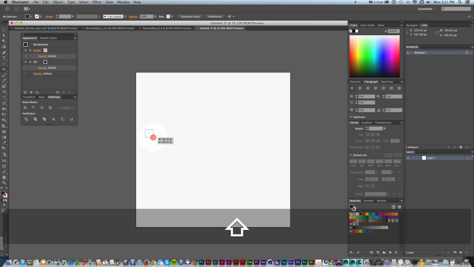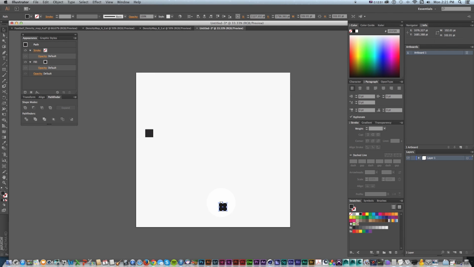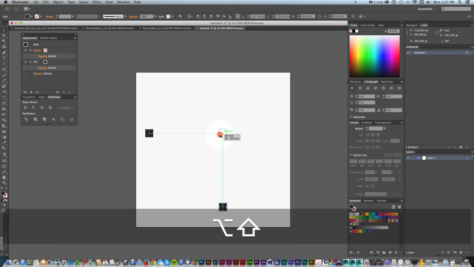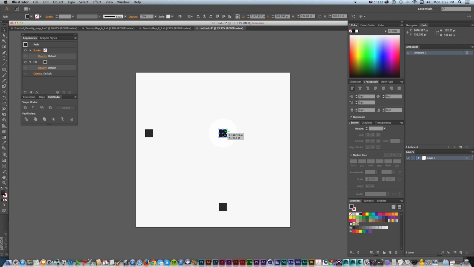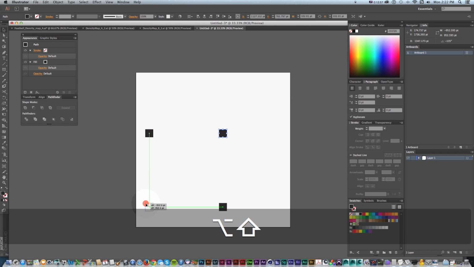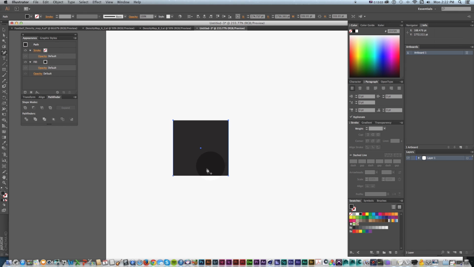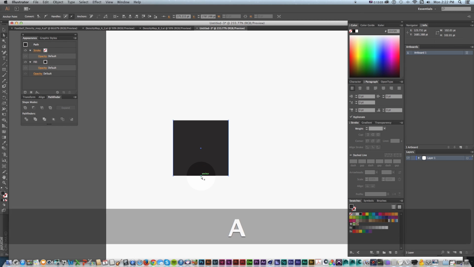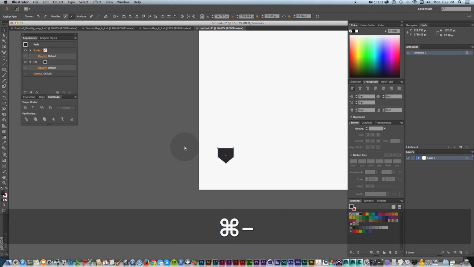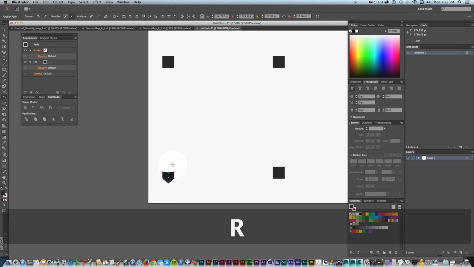Here's third base, and then I'll hold shift and this will be first base, and hold shift and option to make another copy. There's second base, and this can be home plate down here, and we don't need to look exact, but why not? Let's zoom in here, and I'll just go to plus with a pen tool and make a point and drag that down with the direct arrow, and there's our home plate reference that we didn't even need to draw, that we can rotate around